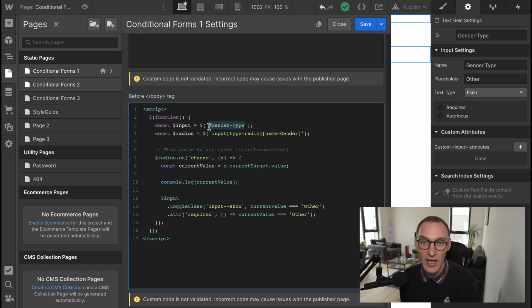Our input has the ID of gender type, and looking back into our JavaScript, we are getting that input element, that element with the ID of gender type. So that's what that first line is doing. The second line is actually getting an element or a group of elements, because that's what jQuery does for us by using this $. We're getting a group of inputs that are of type radio and with the name gender. So we're being very, very specific here on what we're actually getting from the page, and we're storing that